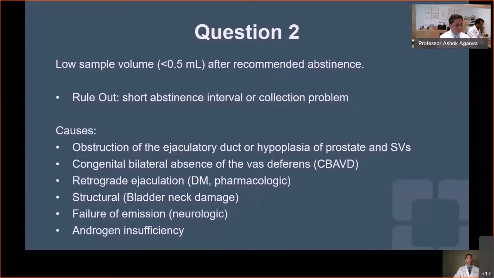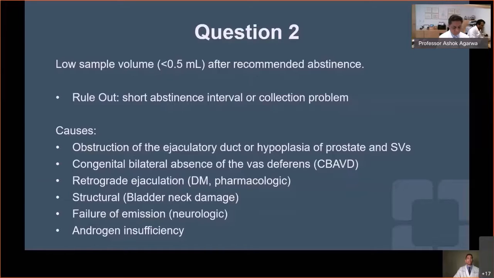A common issue is retrograde ejaculation, particularly in our patients with diabetes. It is important to counsel men with diabetes that poor control can affect the bladder neck and thereby result in retrograde ejaculation. Also, you should review the medication list for these patients, as a number of commonly used medications, such as alpha blockers like tamsulosin, can result in retrograde ejaculation.